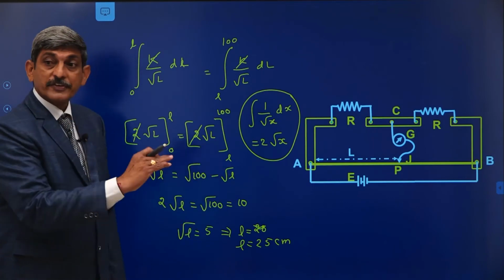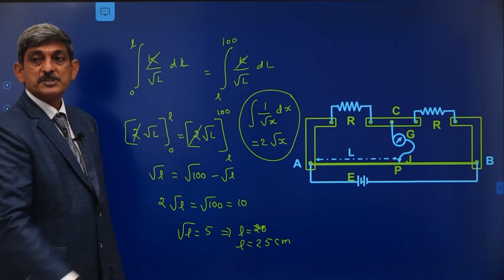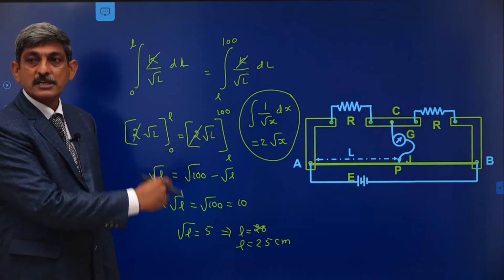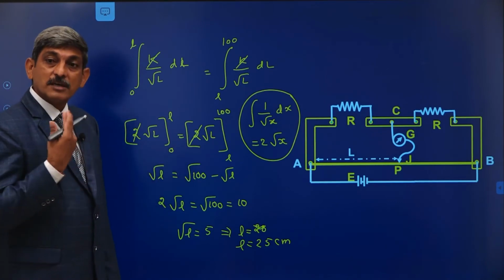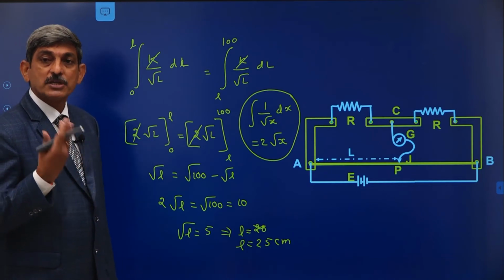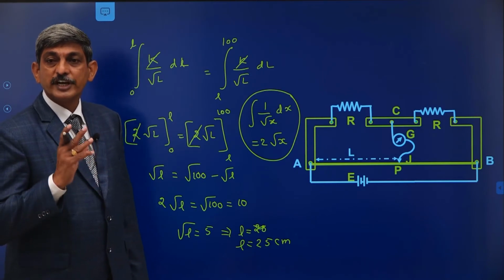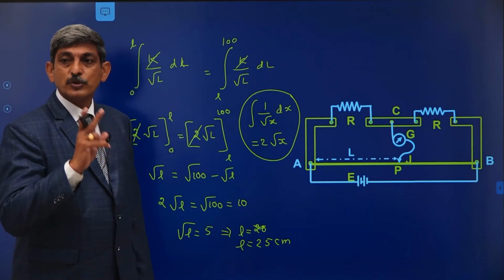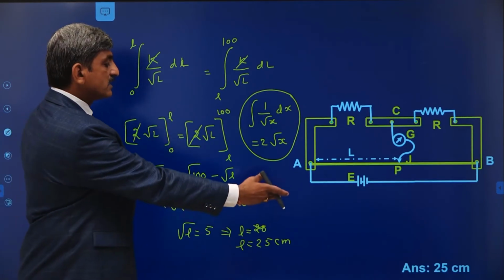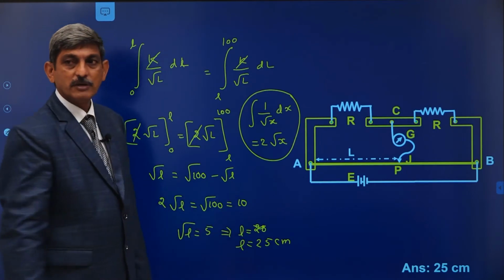So this is somewhat a different model from what we learned in the previous problems. It was given in the 2019 JEE Mains examinations. Sometimes the wire may have a non-uniform cross section whose resistance value may be a function of length. In such cases, using the concept of integration, we have to determine the resistance of the two portions of the wire, then solve the problem. So the answer is the balancing length L is equal to 25 centimeters, what we obtained.